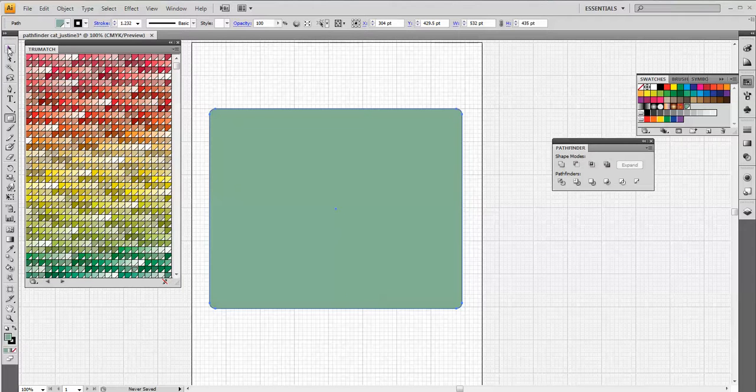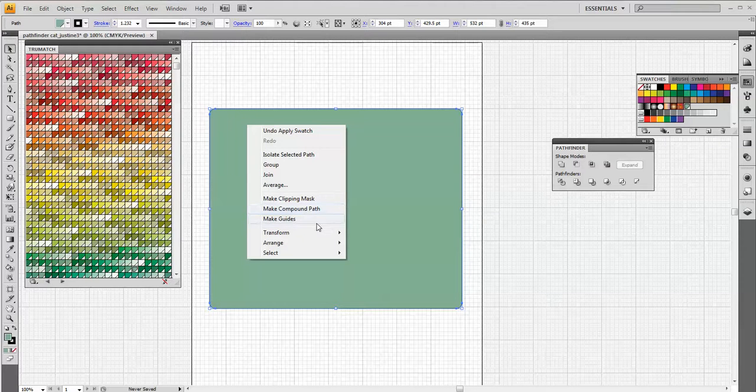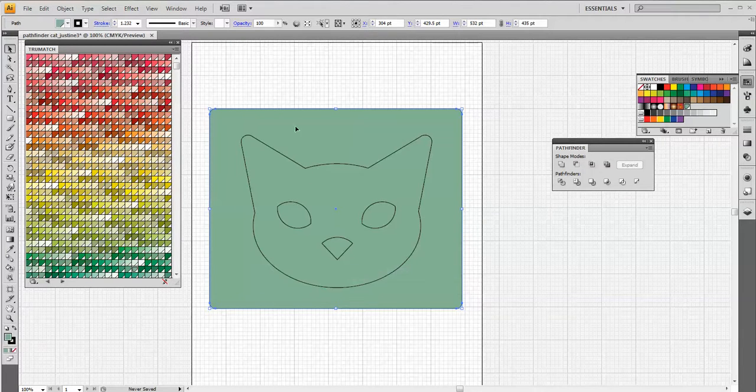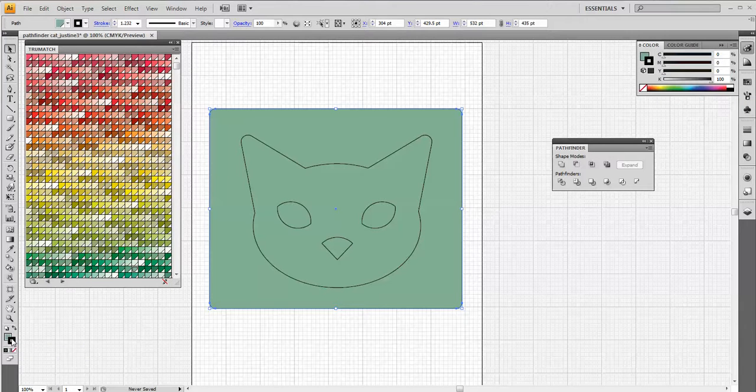So what I'm going to do is switch to the selection tool and right click, go to Arrange, and Send to Back. Great. So for now I'm going to, in my toolbox, bring the stroke forward,